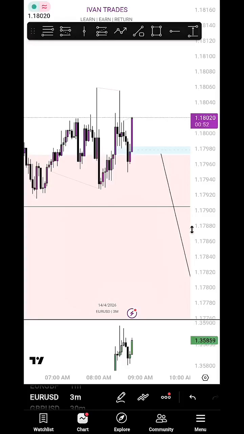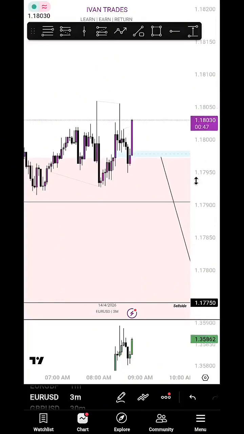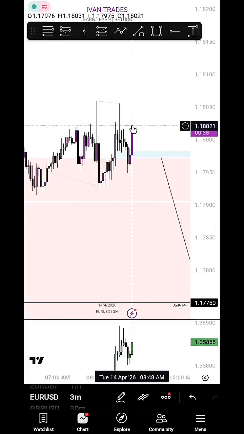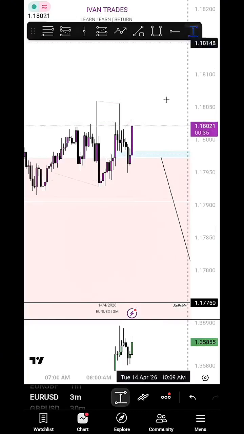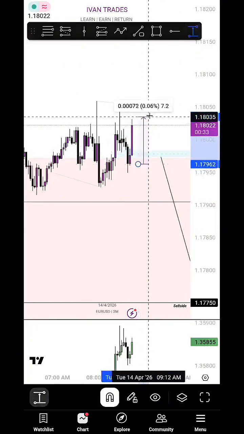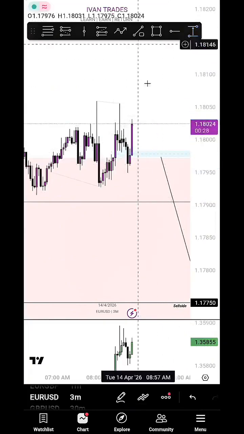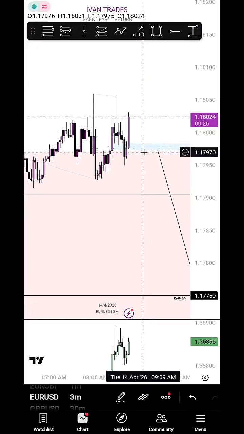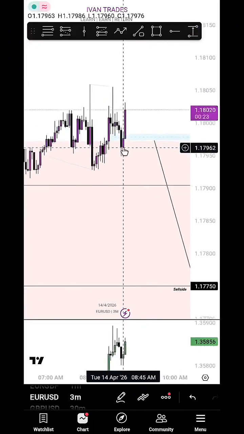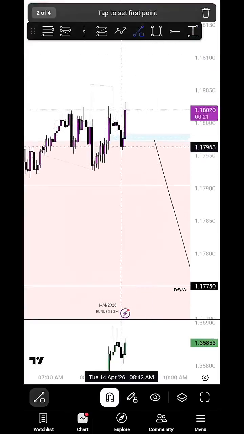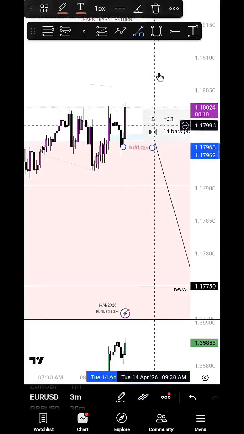So far, this bullish fair value gap is not holding as a bearish inversion fair value gap, so it's most likely going to fail. Then I probably will return back on the higher time frame. But even if the price reached this point right here,